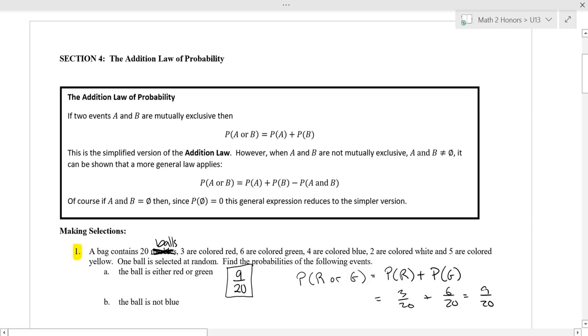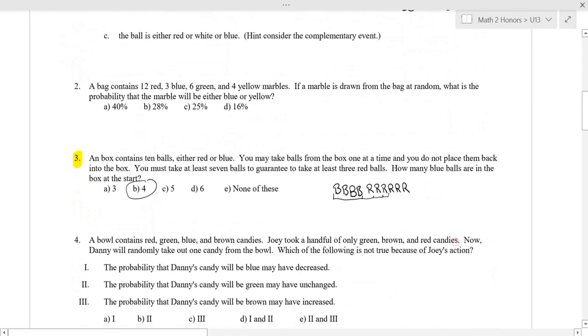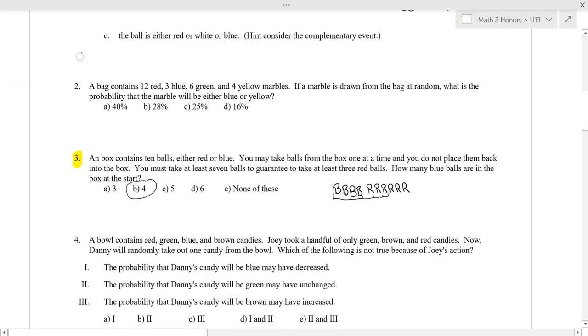I'm going to go over the homework solutions for section 4, the addition law of probability. Starting with number 2. Number 2 says a bag contains 12 red, 3 blue, 6 green, and 4 yellow marbles. If a marble is drawn from the bag at random, what is the probability that the marble will be either blue or yellow? So on this one, I'm going to go back and handle it the basic probability way, where